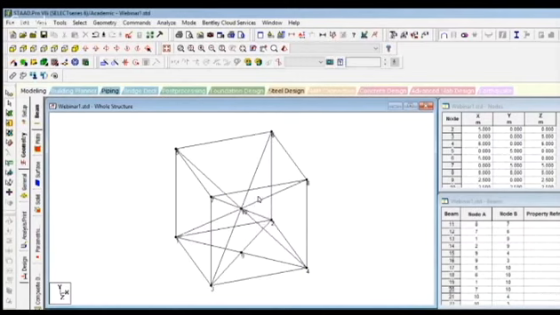But before that, I just want to say some things. Global axis, this axis system you're seeing here now, y axis, x axis, and z axis. This is the global axis. This is not the local axis. Local axis is according to the member. Each member has its own axis system.